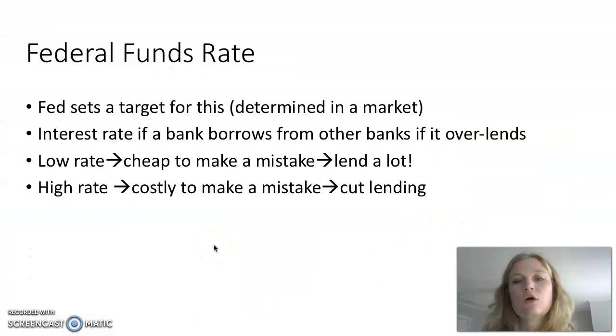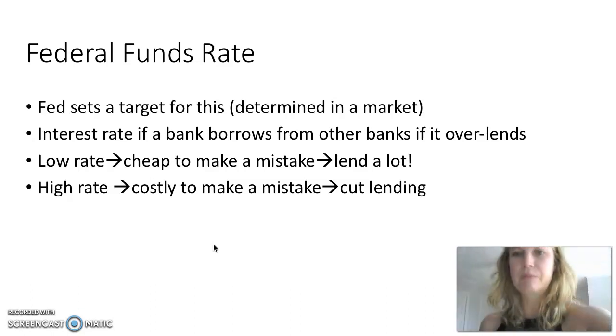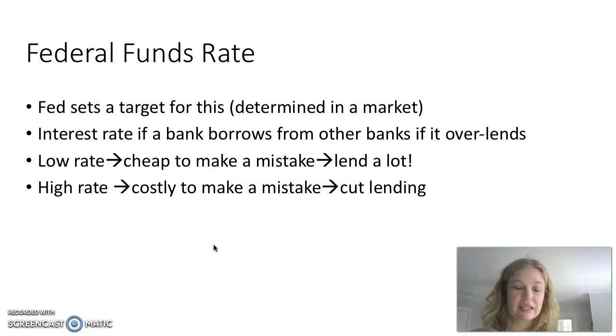All right. One of my favorite things I know about all of economics is the federal funds rate. And I'm sure you guys know about it, but when people say, oh, the Fed raised rates, the Fed dropped rates, I think people think that the Fed is directly impacting car loan rates and stuff like that. No, it's not. It's this really obscure little rate. So the federal funds rate, the Fed actually sets a target for it. It's determined in the open market. But basically, this is the interest rate banks